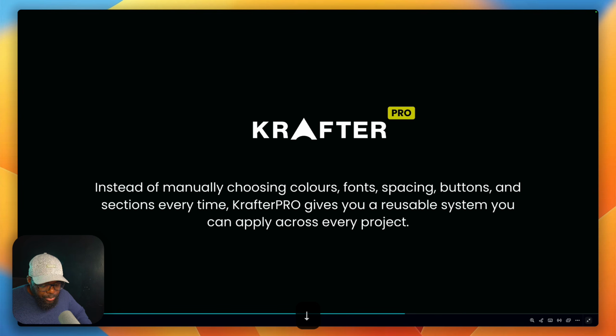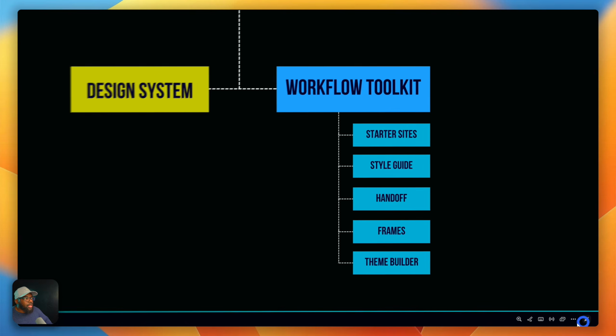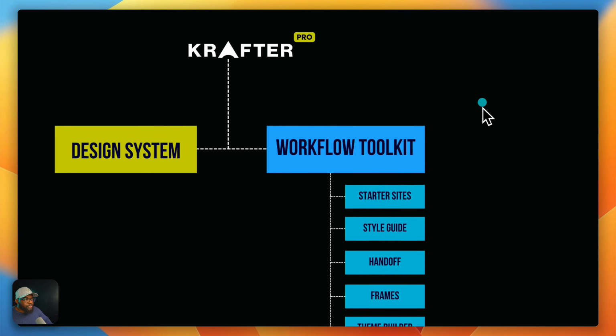All right, so first of all, KrafterPro, the main issue that it solves when designing websites with Divi 5 is that instead of manually choosing fonts, colors, spacing, buttons, sections every single time, KrafterPro gives you a reusable system that you can use across every project. And this just makes things very, very easy. So here's a breakdown of